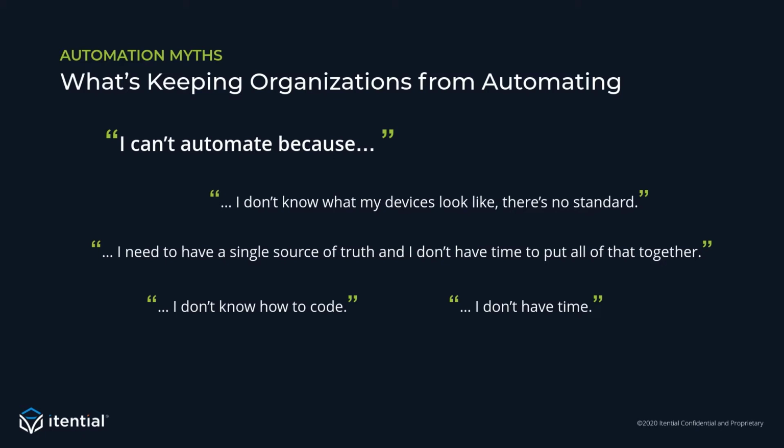All right. Well, to that I say to you, I can't automate because I need to have a single source of truth, and I don't have time to put all of that together. What do you say to that? Well, again, this is almost the next step from the first one, because we hear this from potential customers and even customers that have adopted our platform, that they're looking at ways to get into automating their network, but at the same time dealing with the compliance that really ought to be done